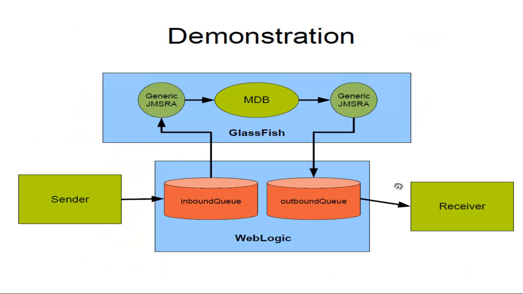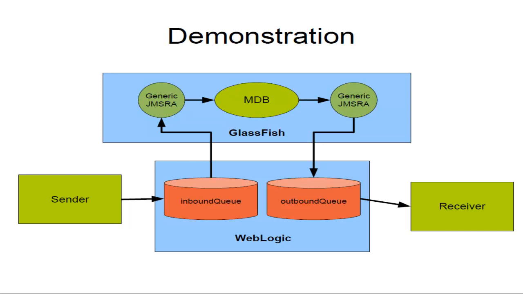So, what I'm going to show you is an MDB application running in GlassFish. This is going to receive messages, like all MDBs, from a queue, but in this case we're going to receive messages from a queue that's in WebLogic. And when the MDB receives the message, what is it going to do? It's going to send a message, and again we're going to send a message to another queue also in WebLogic. So as you can see in the diagram, we've basically got an application which takes messages from one queue and